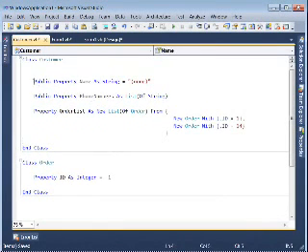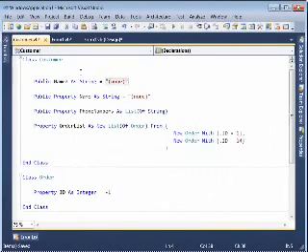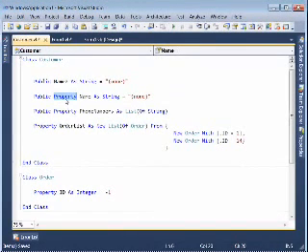One question we often see when people see this new syntax is, well, why wouldn't I just use a field instead? So let's look at that case. Let's say public name2 as string equals nothing. And the only difference between these two lines is property. But there's often a good reason to actually make this a property rather than a public field. It's actually an FxCop error to expose public fields if you're using the code analysis tools, and for good reason. One of the reasons you'd want to use a property over a field